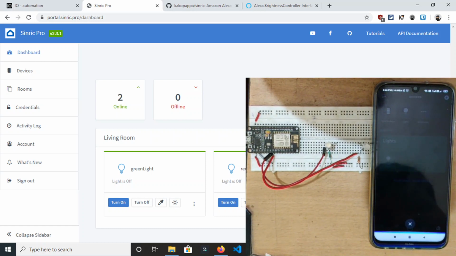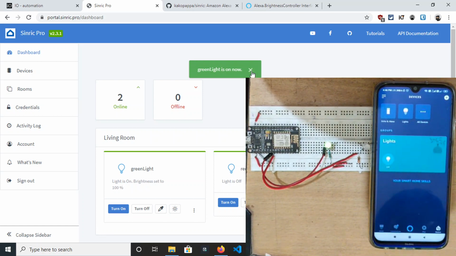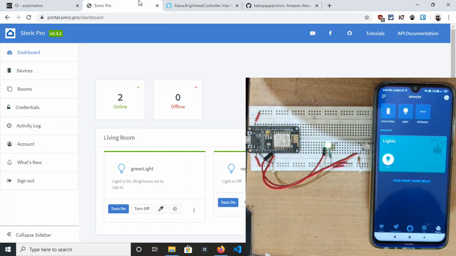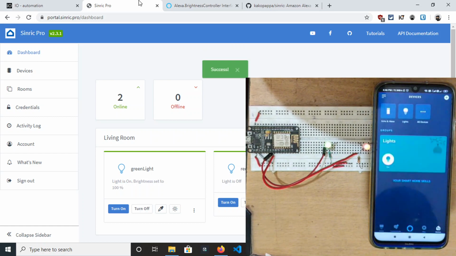Alexa, turn on green light. Okay. Now we can also control the brightness by controlling it like this. Set red light to 50%. Okay. Now the red light is set to 50% intensity,